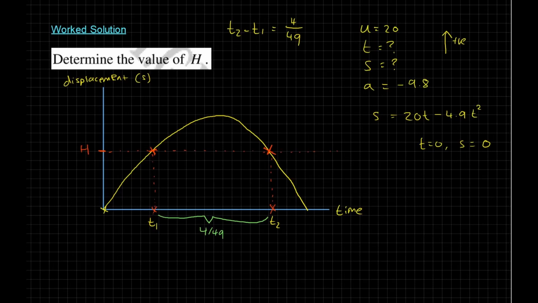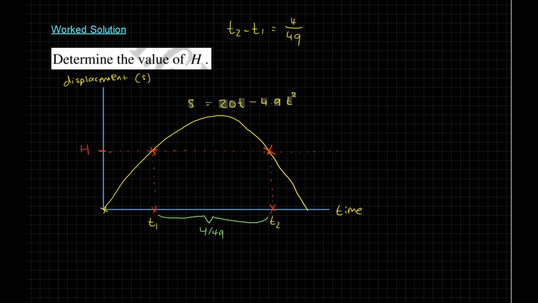Well, what we could do is get ourselves effectively a few equations out of this. We know that the graph is modelled by s equals 20t minus 4.9t squared. Let's plug in the values we've got. So when time is t1, that's 20 times t1 minus 4.9 t1 squared. We know the height, s, or displacement, is h. And similarly, it's also h at t2, so therefore we can also say this,